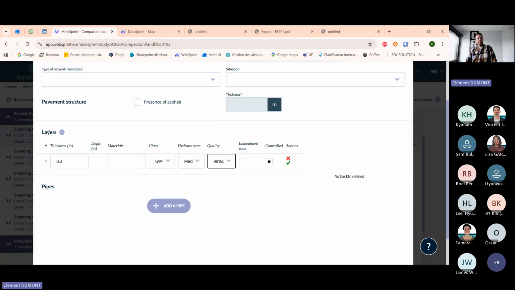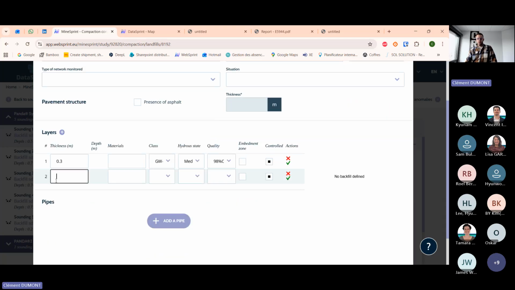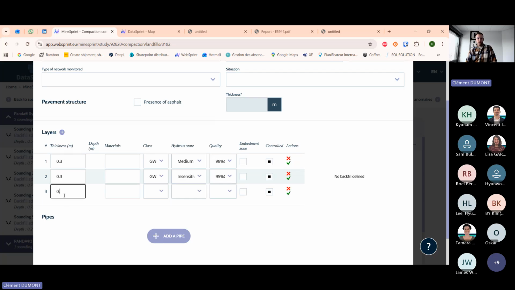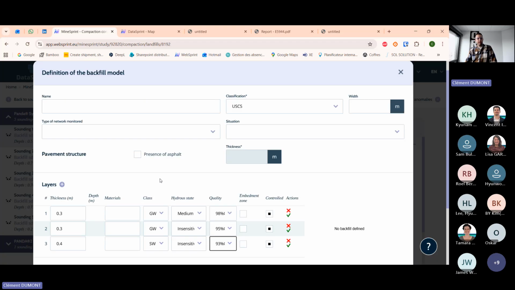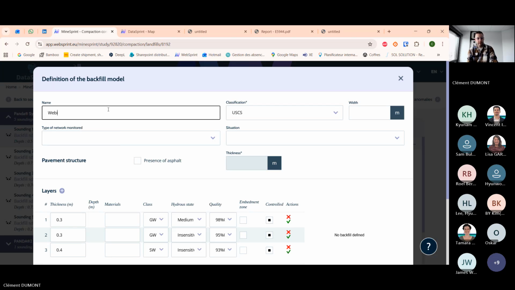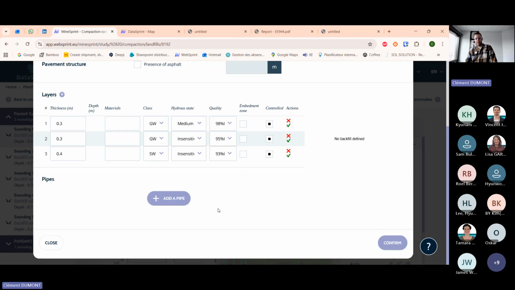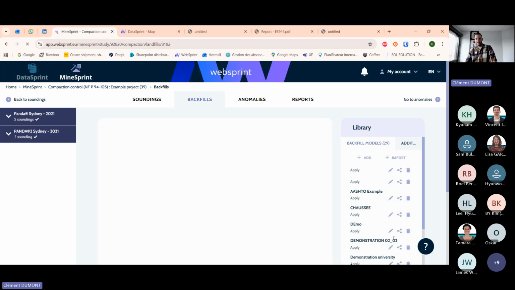I add another layer, 0.3, GW GM this time, in sensitivity to water, and I want to reach 95% of the optimum proctor, and 0.4, let's say another material, SW in sensitivity to water, and here I just want to reach 93% of the optimum proctor. I can add a pipe, I just give it a name. Okay, I can confirm,